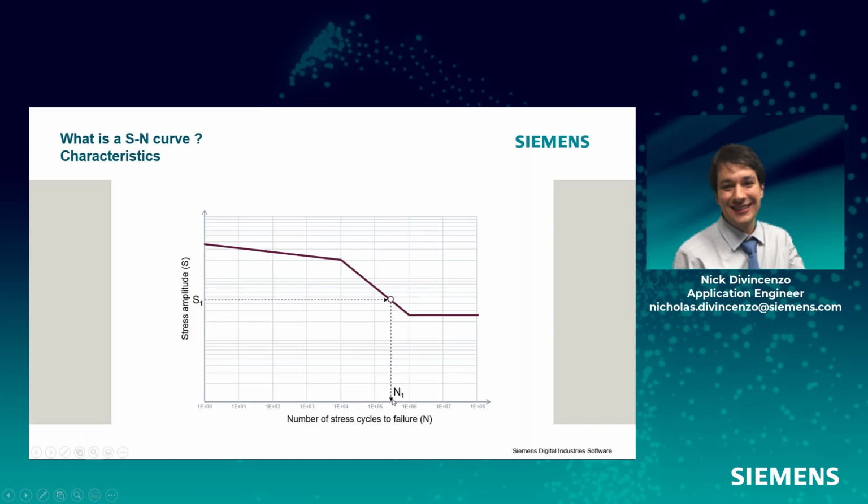fails or fractures. I have the ultimate tensile strength of my component here. That's the point where after one cycle, this load level will cause failure. And then I have this point down here on my SN curve where for some metallic materials, I exhibit something called infinite life, where any stress level below this region here will not cause failure of the part. And then this point here on my SN curve is denoted by the yield strength of the material.